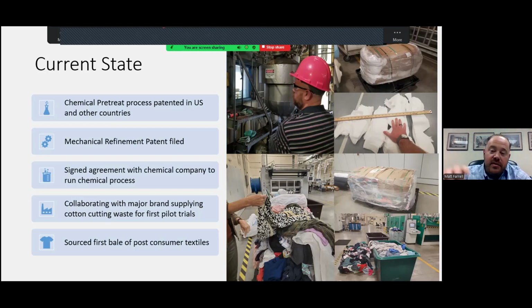You can see cutting waste there. We're collaborating with a major brand that's supplying us cotton cutting waste. So this would be waste before it gets to the consumer. And we're hoping to utilize that waste in the pilot trials at that chemical plant. And you'll also see here in these bottom pictures, we sourced our first bale of post-consumer textiles. And I'll have to tell you, you haven't lived until you've seen the sights and smelled the smells within a bale of